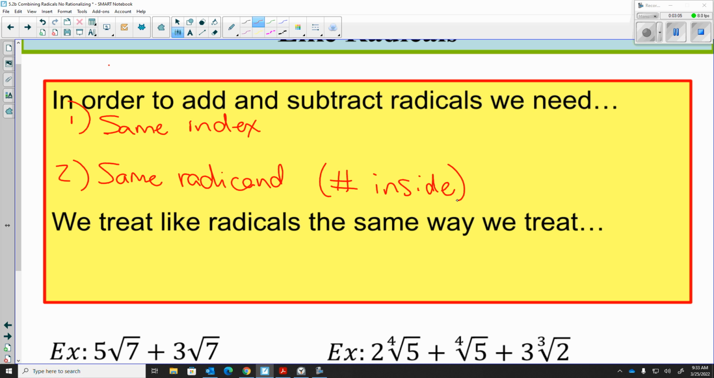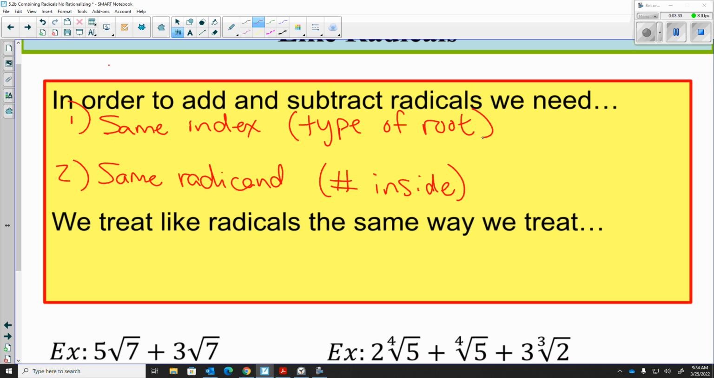Yeah, so same index, that's like the type of root that you're dealing with. Is it a cube root? Is it a square root? Is it a 10th root? Whatever. So if you got those things matching and you have the number on the inside matching, you've got like radicals. So you can put them together. Okay? Once you have like radicals,